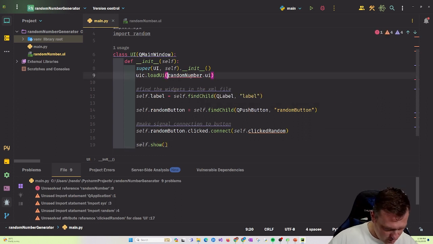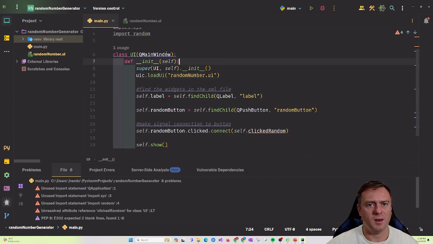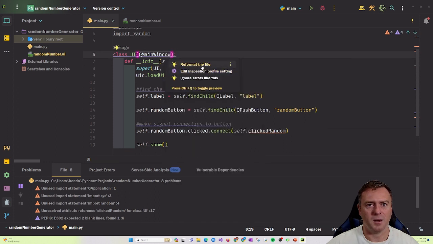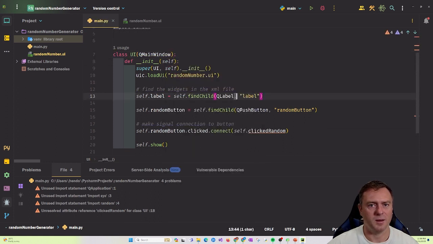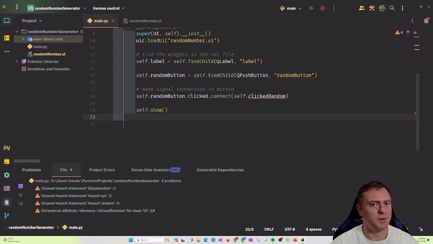Oops, I forgot to put that in quotation marks. Cool. And make sure it's compatible. We'll reformat it. Awesome. So what you should see here now, the only thing that's missing is the click random, which is the function that's going to be connected to the button, which we need to now define inside the class. So to do that, we press enter and go down one, and then we go def,